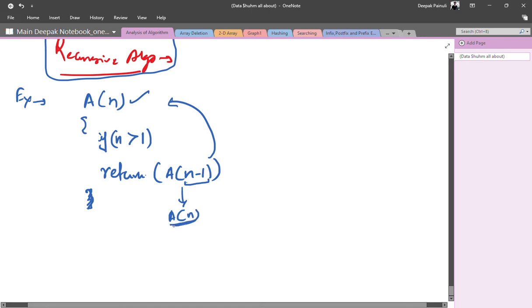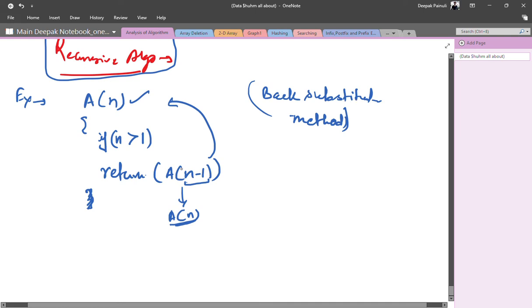So whenever you are going to handle this type of algorithm, you need to use a method which is called the back substitution method. In this case, we are going to analyze our algorithm by back propagating, by back substitution, right?